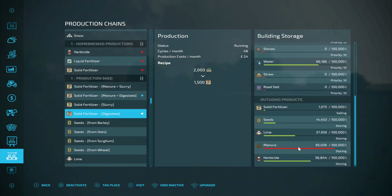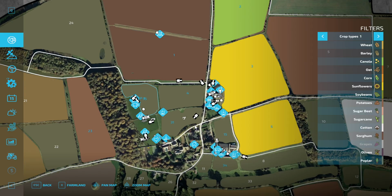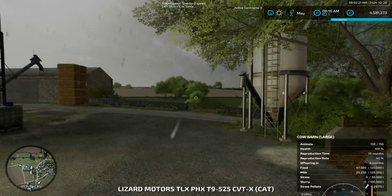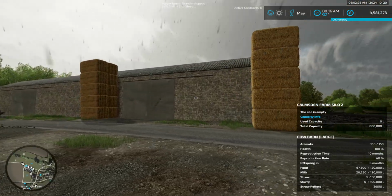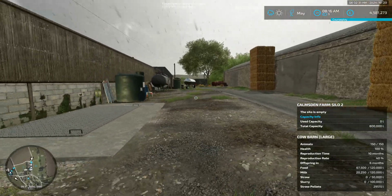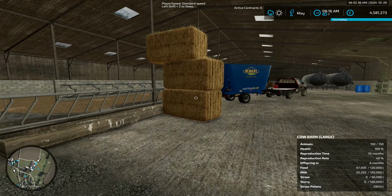Then we'll do the production, because I don't want to waste any time. We've got quite a lot of straw over by the, and also we're going to have a shed load of straw later, so we need some, but the bales we've got for the cows, I think we can manage with what we've got. If we go over to that lorry, yeah, these stacks here, we're not going to need two, definitely not. If anything, you'd probably grab 4 of those for that. I think we're going to manage with what we've got because the pellets are obviously really